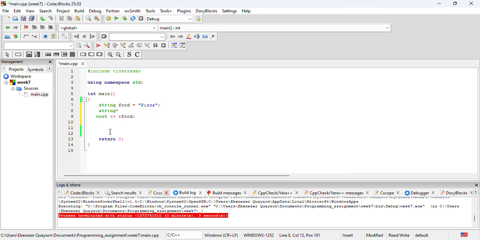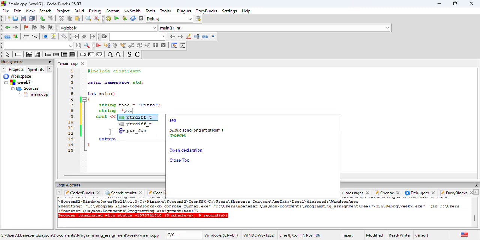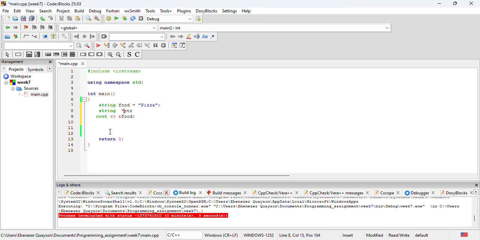Your asterisk sign can be right after the string, or in the middle, or right before the pointer identifier name, so it can be any name. But ideally it is better for it to be here. So we have our pointer, string ptr for short, and then we equate it to